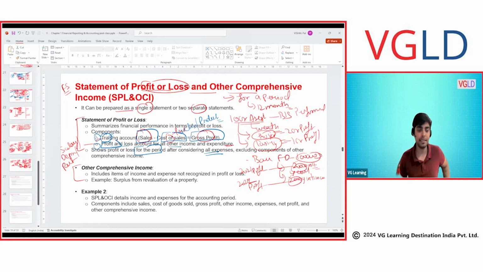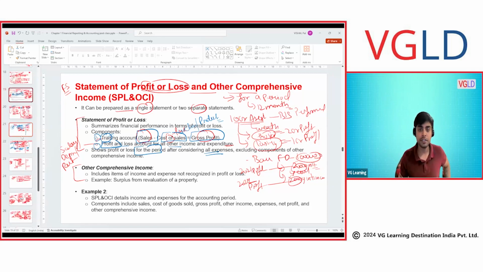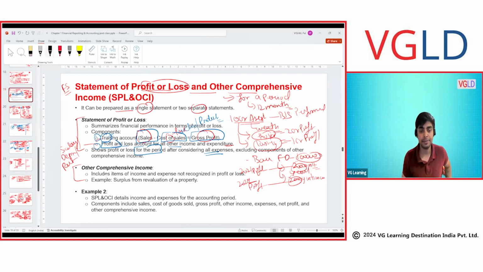So let's discuss the other comprehensive income. Now, everyone, please pay attention. Any query related to financial information or batch or classes solved? If okay, can we move ahead now? Everyone, please pay attention. Other comprehensive income is said to be such that you can either create a single statement of profit and loss and other comprehensive income, or you can create SPL separately and then OCI.